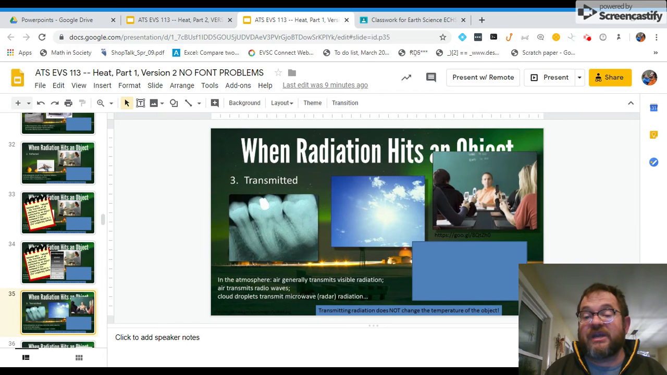Another possibility is the radiation can be transmitted. It can move right through the object without being absorbed or reflected or anything like that. X-rays from your dental lab go through your gums and things like that. Or sunlight is mostly transmitted through the Earth's atmosphere. Your cell phone's radiation, the signal,